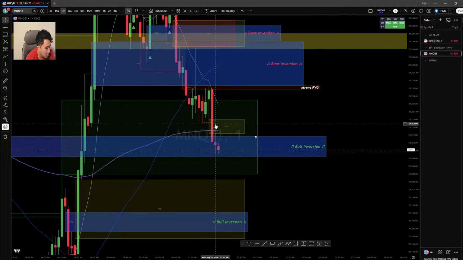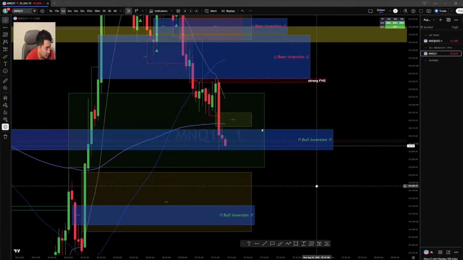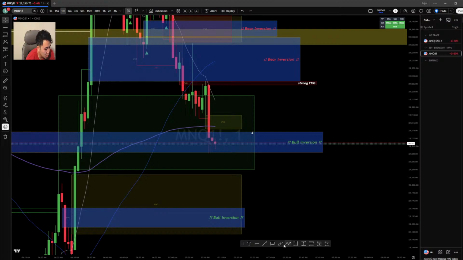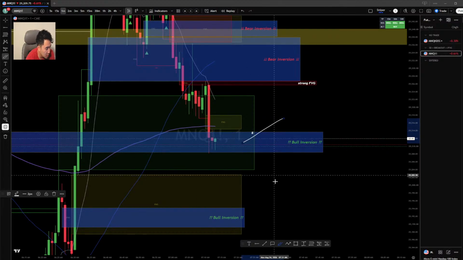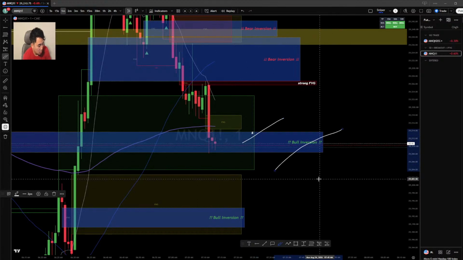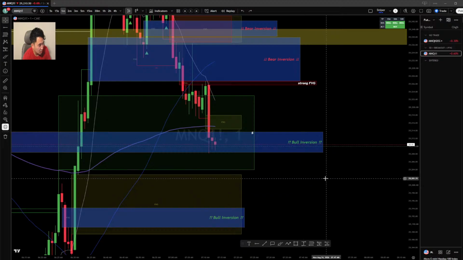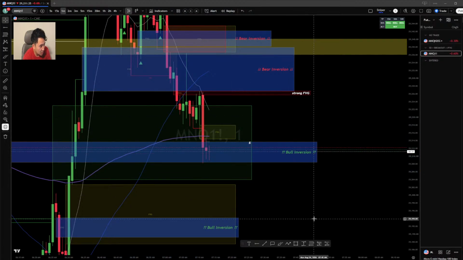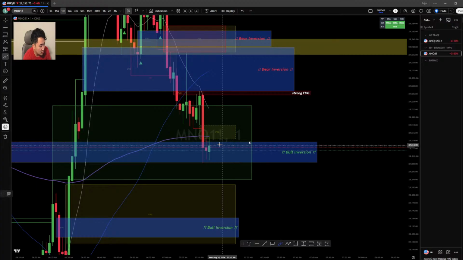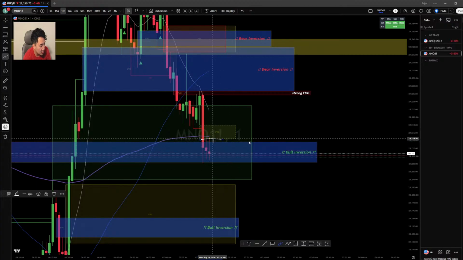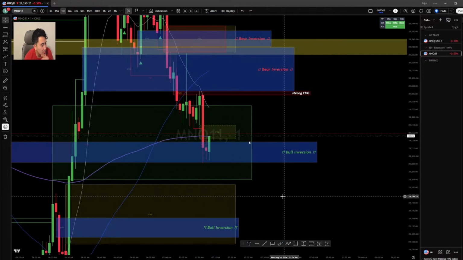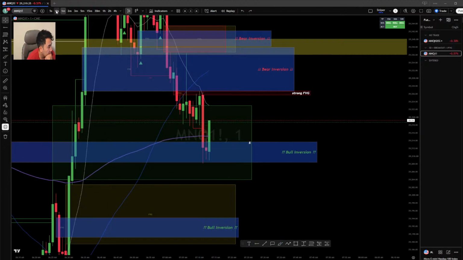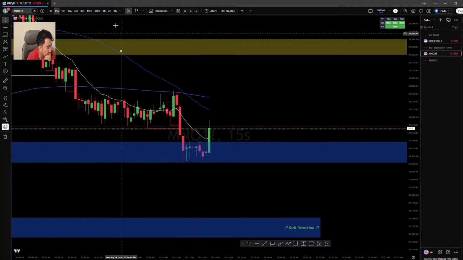That's a little bit more aggressive if you want to trade inside a 5-minute gap and then start trailing. Whether you want to trail the 5-minute gap or the 1 minute bullish inversion zone right here, let's say you weren't wanting to trail the 5-minute gap and you just trail the 1 minute bullish inversion, I would just move stop loss to here, where it would actually just tag you out right now. But even then, I think that trade you would be in a tiny bit of profit there.